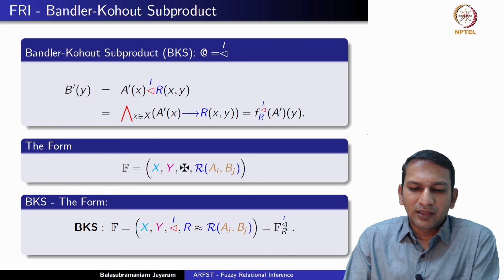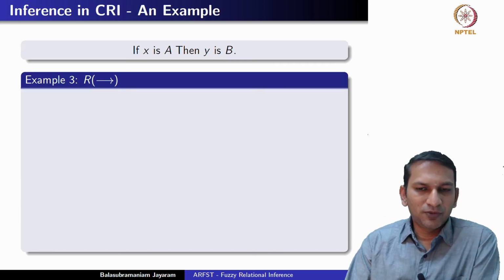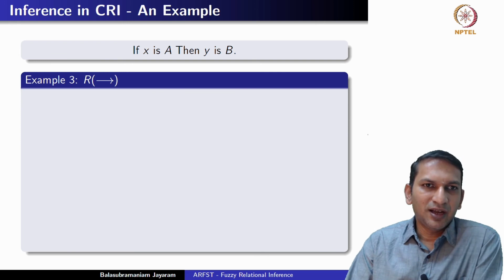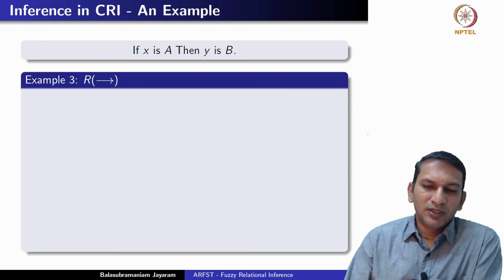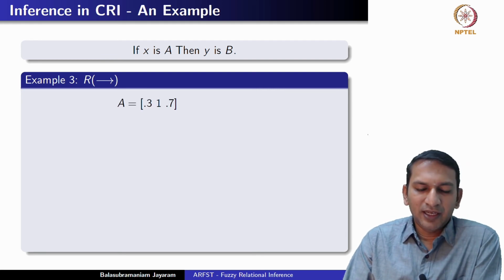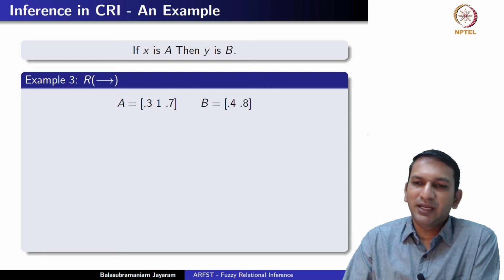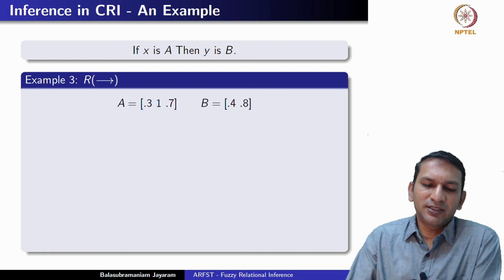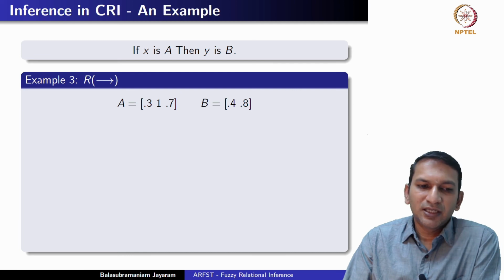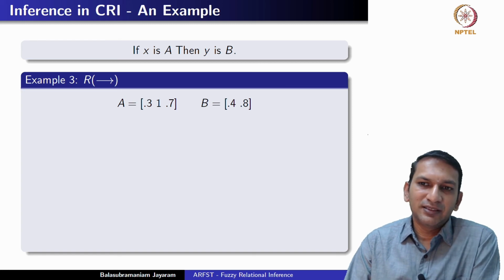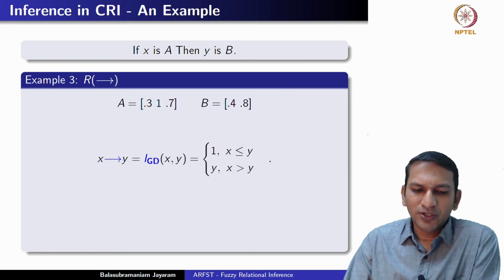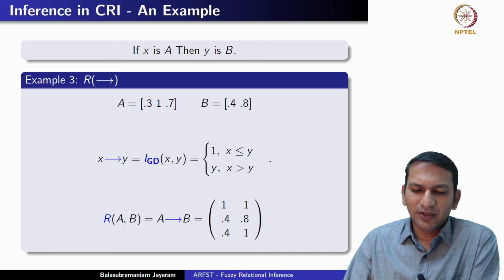Now, let's revisit some of these examples where we have constructed the relation, apply either CRI or BKS and see what the output is. In all the examples, the A and B have remained the same. A' also has remained the same. What has changed is the operation that we have used to construct the relation. Since CRI means sup-T composition, let us take example 3 wherein we have constructed the relation using an implication, just for variety. So now we use the Gödel implication,